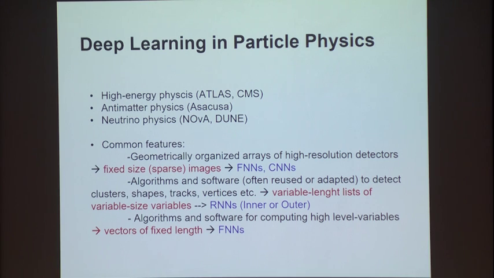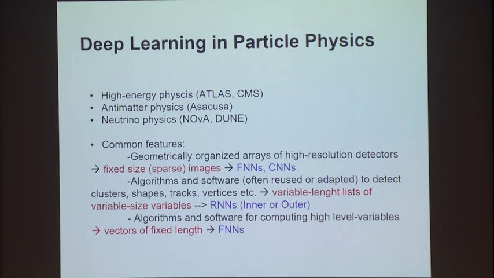If the problem you're trying to detect is translation invariant, then it makes a lot of sense to use convolutional neural networks. If you don't have translation invariance, then maybe you want to relax that assumption. So those are principles or ideas that can guide you in designing networks to process things at the level of